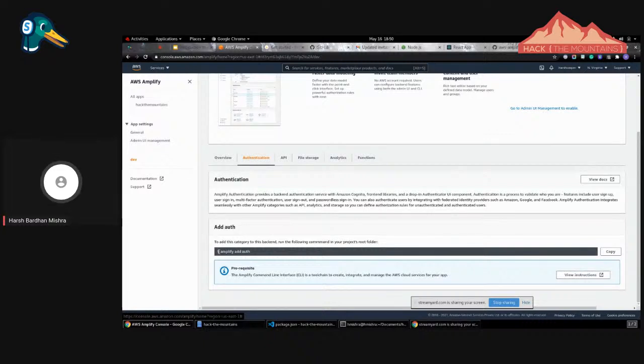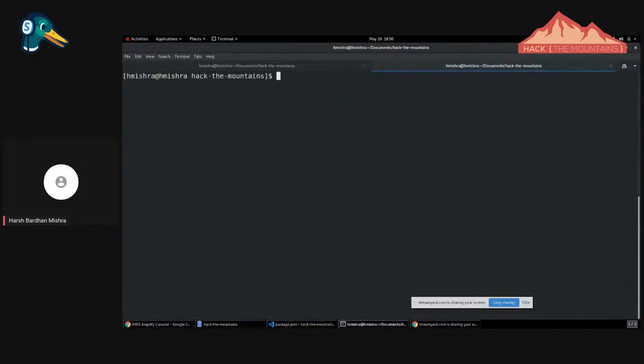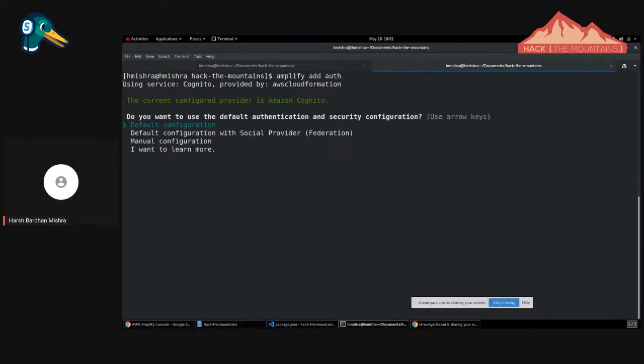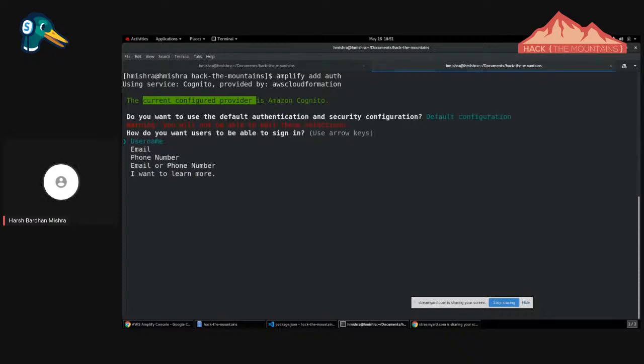For this, we just have to run one command, and automatically an authentication module will be created for us. Let us check how to do that. Let us run this command: amplify add auth. Once we run this command, it will automatically use the currently configured provider, which is Amazon Cognito. For people who don't know what Cognito is, it basically provides us authentication and authorization services. Let us go with the default configuration as of now, because I